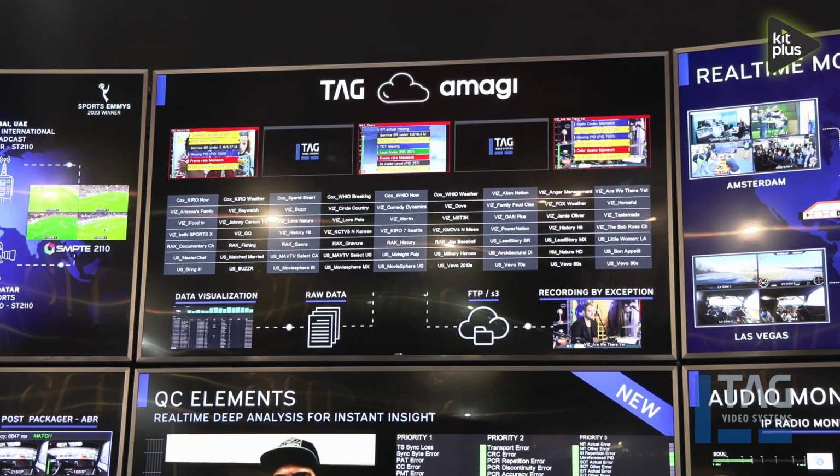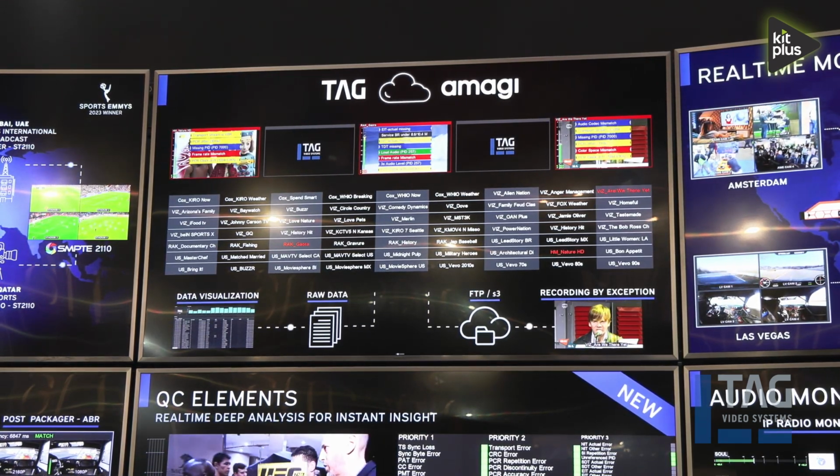We've added a heat map display. Everybody knows our multi-views. But you can only get so many pictures on a screen and get usefulness out of them, and then they become too small. So at that point, we turn it into a screen of red and green lights, which is a heat map. A red light indicates you've got a problem on 1 or 2 or 50 channels, and we can then throw those channels to a visualization without having to look at the ones that are all still green. So it's a way of achieving extreme density of monitoring.